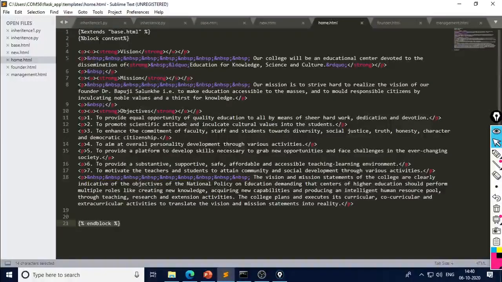And what is the end part? End of block, that is the end block. So each and every child template must start with these two statements, extends and block content, and it must end with the end block statement. So this is home.html.